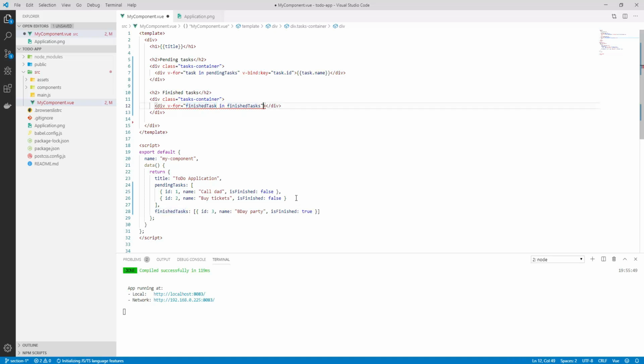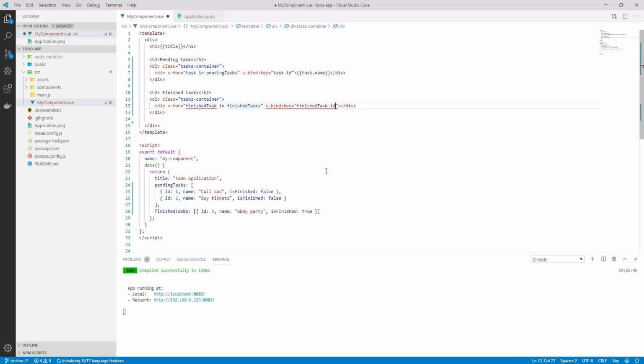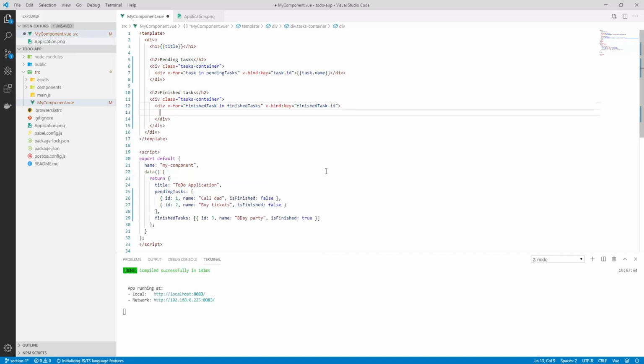Okay. So once again, we want to improve the speed a bit. We want to help the Vue framework to improve the speed of our page by defining a key for our objects inside a template. So I'll say v-bind, and here colon key. And once again, every finished task is identified by its ID. So I'll just print here finishedTask.id. Okay, now everything is good. The last thing that we have to do here is we have to print the name of the finished task. We can do that by using interpolation. So finished